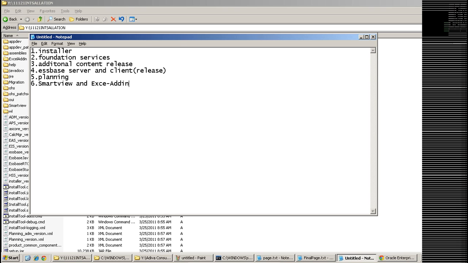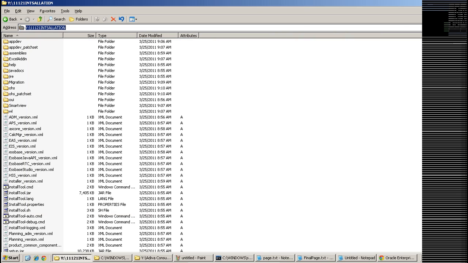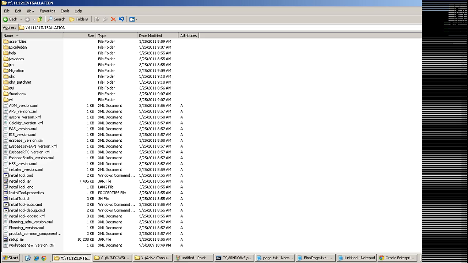This is the order I followed. Sometimes in between it will ask whether you want to update the XML file. You just click on yes to all, so that it will update the XML file. Don't click on no, click on yes to all.